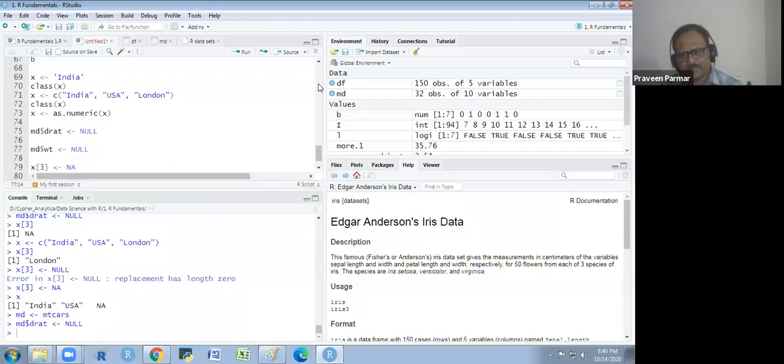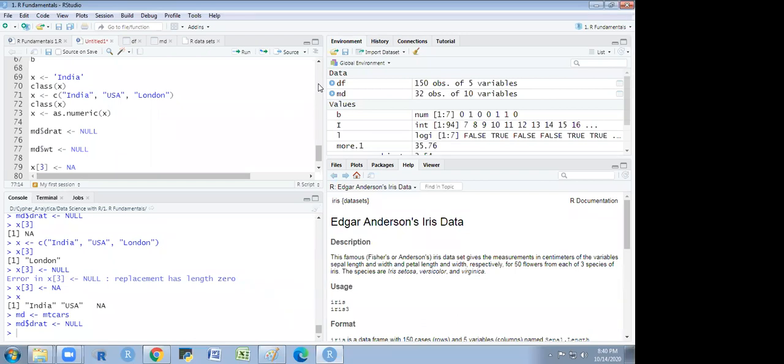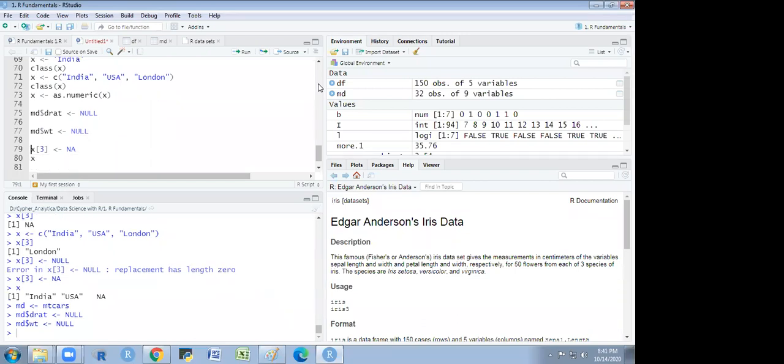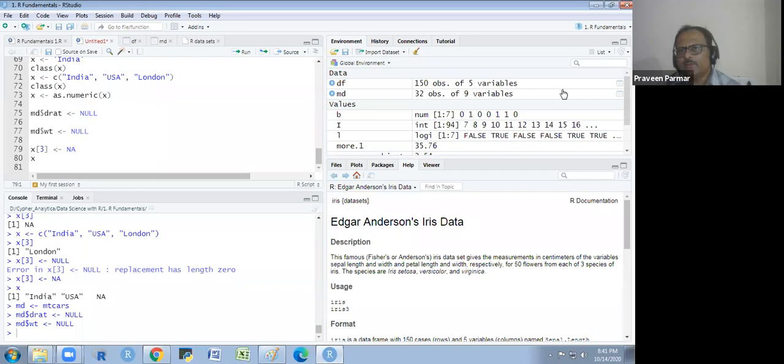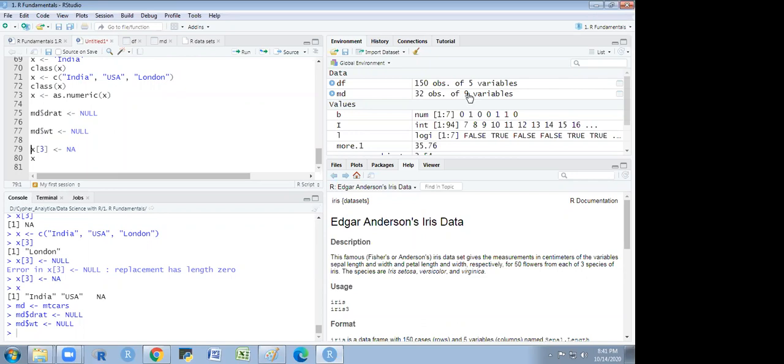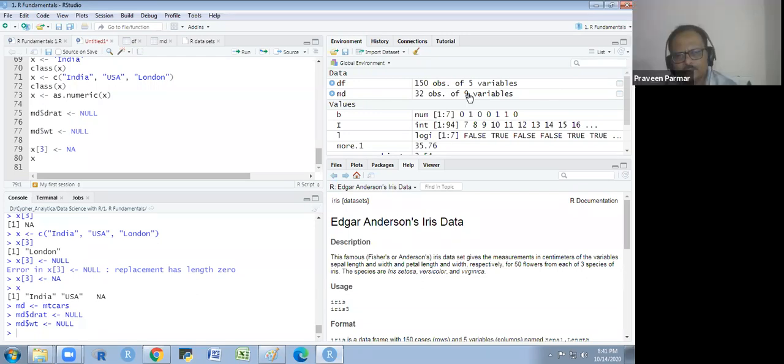Everything in capital in NULL. Okay, so I run it with control enter. Now you see here I have 9 variables. One more I have eliminated. Yes, it has reduced to 10. It is working now. Thank you, sir.